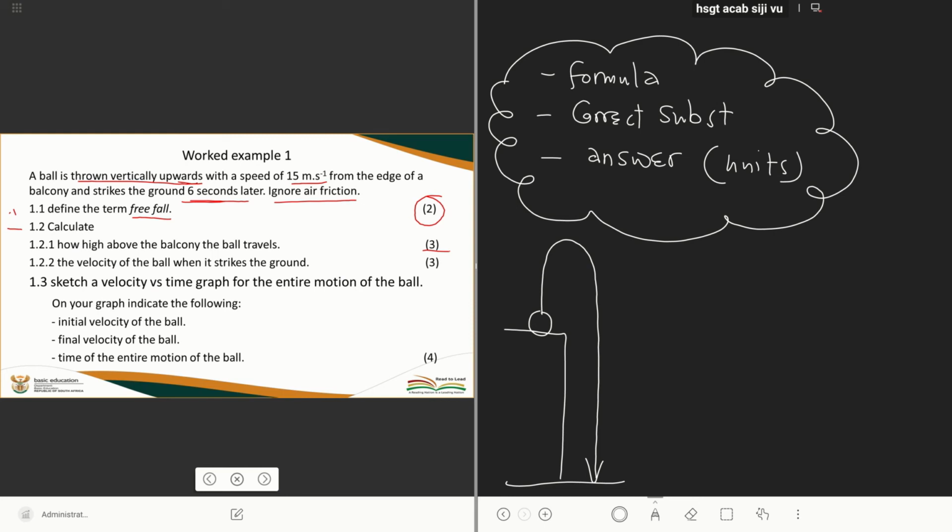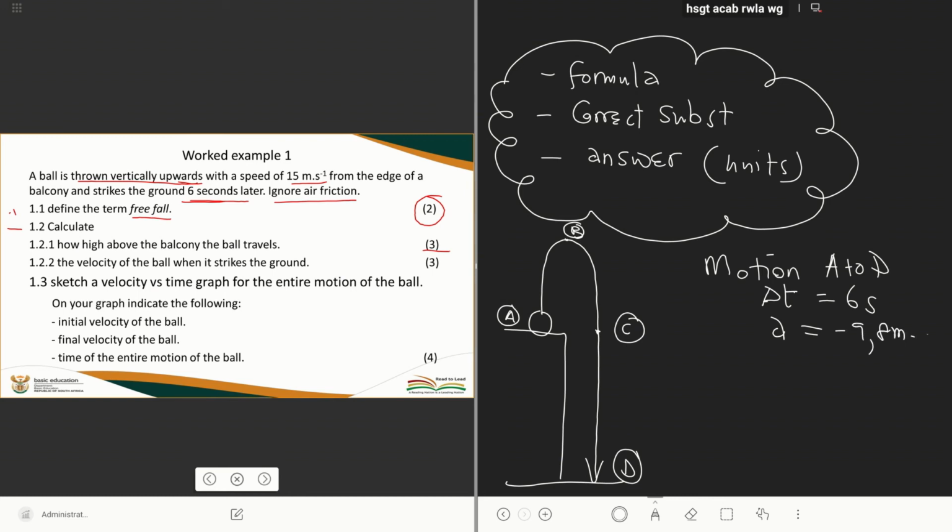This 6 seconds, if we were to give maybe labels to these key points, if this is A, that's point B, let's say that's point C, and then the ground is point D. Now, the 6 seconds is for the motion A to D, right? Motion A to D. That's the 6 seconds. That's our delta T of 6 seconds. Okay? And then the acceleration, we've already chosen our direction and said if upwards is positive, downwards is going to be negative